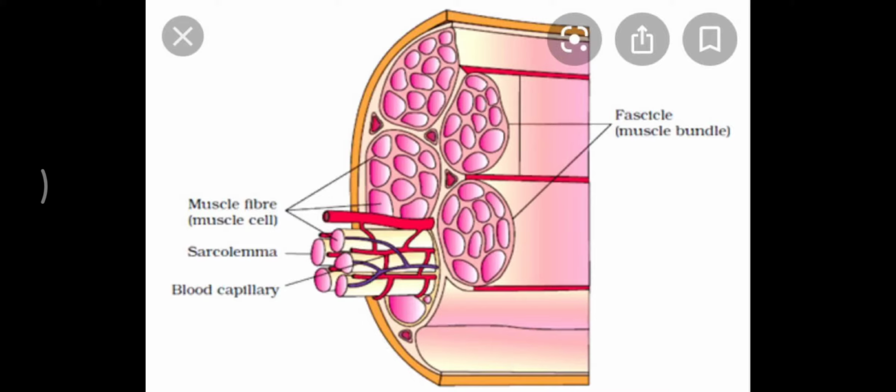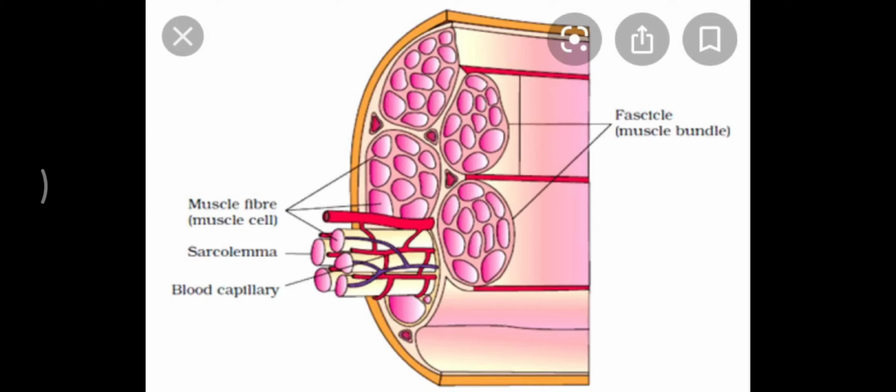Each muscle fiber has a membrane that is called sarcolemma. The sarcolemma is enclosing the cytoplasm, which is called sarcoplasm. Muscle fiber also contains endoplasmic reticulum, and that is known as sarcoplasmic reticulum. This sarcoplasmic reticulum acts as a storehouse of calcium. So from this discussion it is clear that everything related to muscle will start with the term sarco. The membrane is sarcolemma, the cytoplasm is sarcoplasm, and the endoplasmic reticulum becomes sarcoplasmic reticulum.